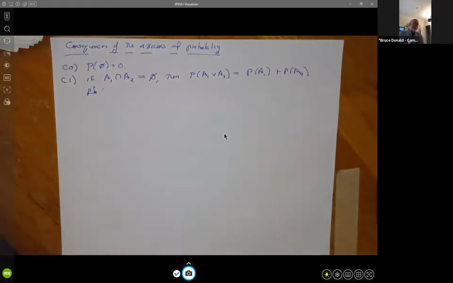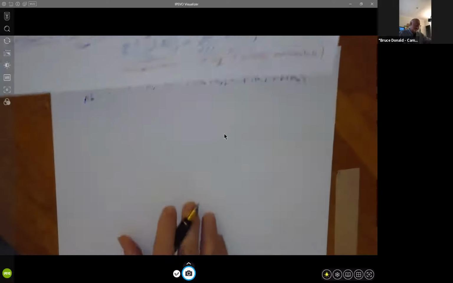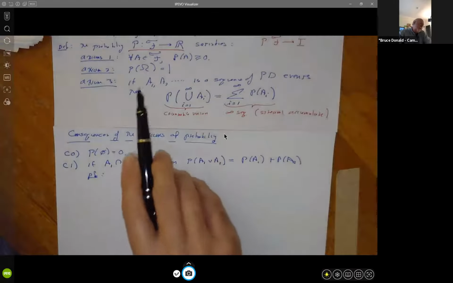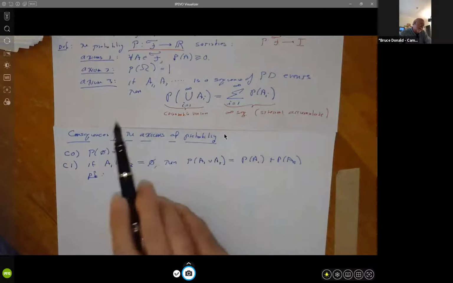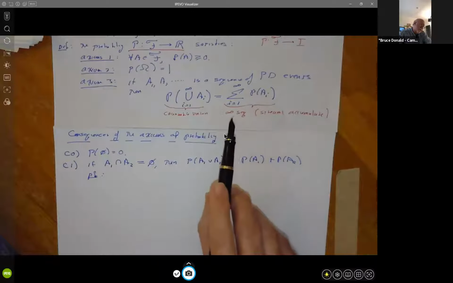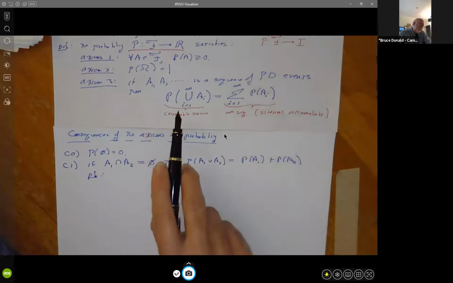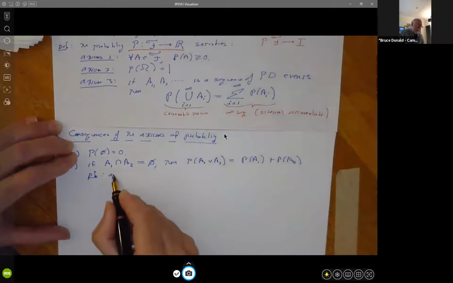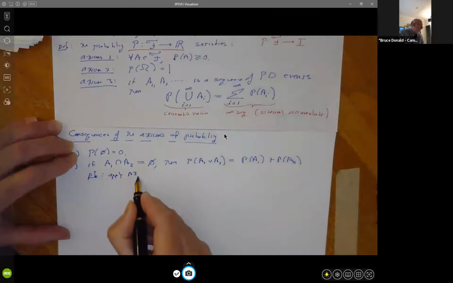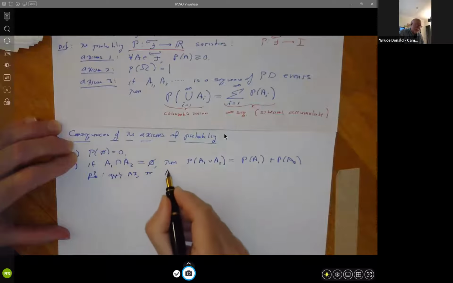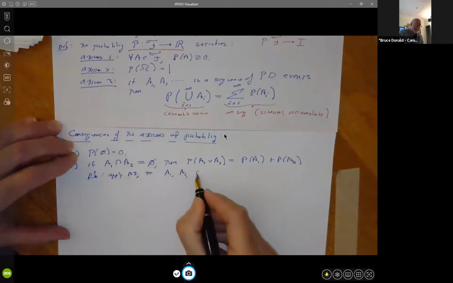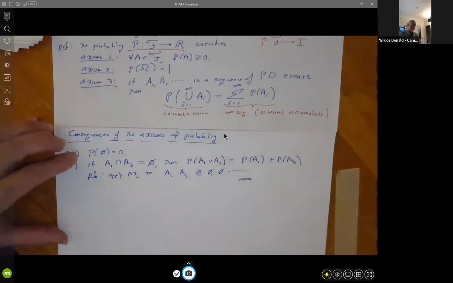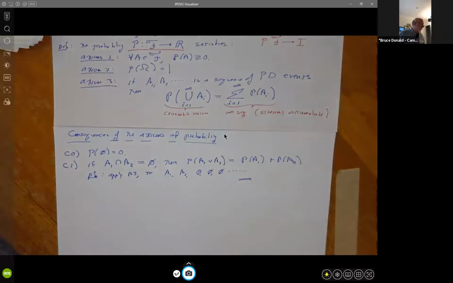So what I'm going to do is employ my very powerful Axiom 3. I'll slide that down here so you can see it. Now notice I have these infinite sequences here. If I have an infinite sequence of events that are pairwise disjoint, then I can compute the probability of the union by the sum of the individual probabilities. So I'm going to apply Axiom 3 to the sequence A1, A2, and then the null set, null, null, all the way up to infinity. And if you do that, the identity pops out, which is pretty cool. It's a very powerful axiom.